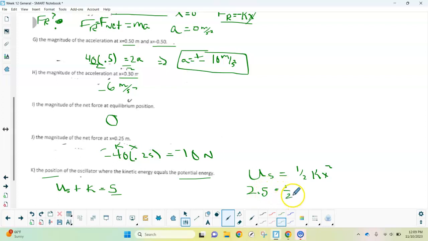1/2 of 40, and then x squared. So you divide through by 20 on both sides to get rid of the coefficient. And then you got to take a square root. This position, most people think it's halfway. It is not halfway. It is actually 0.35 meters. So at 0.35 meters, that is where half of the energy in this oscillation is kinetic and half is potential